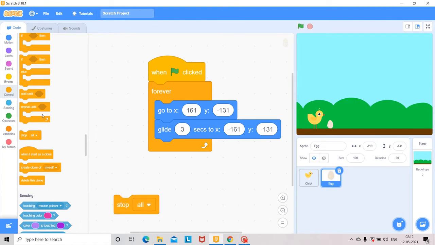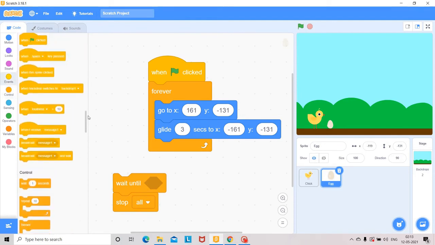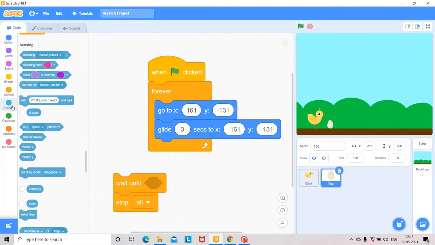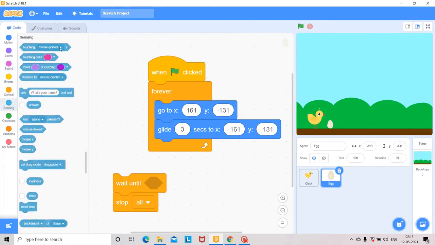When should it stop? Wait until something touches. Touches something means you will find the blocks in sensing. So touching chick, not mouse pointer. So when the egg touches the chick, it will be stopped.